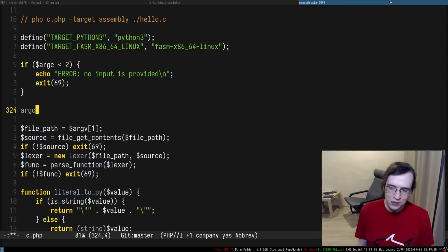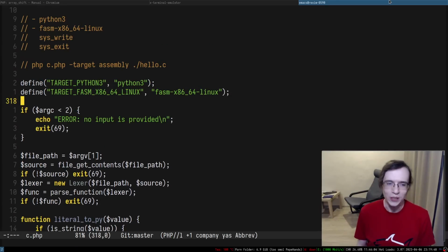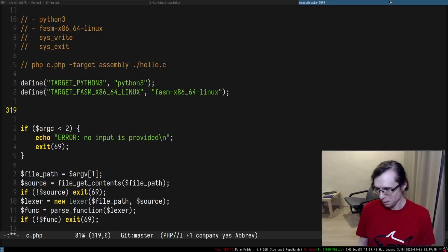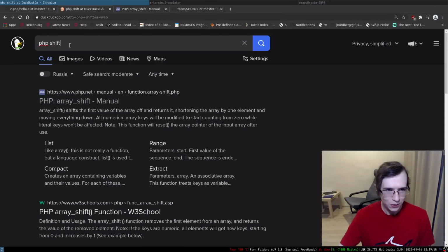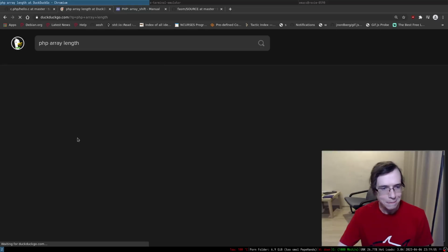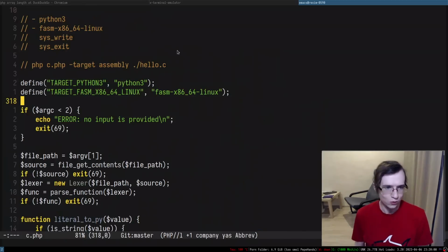It's a hack specifically for C. And in a language where you can just get the length of argv, why would you have it? That's a very good question. I don't quite remember, how do you get the length of the array? PHP array length. It's sizeof, okay, so that's cool.